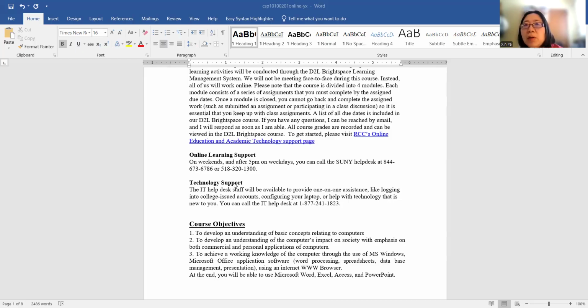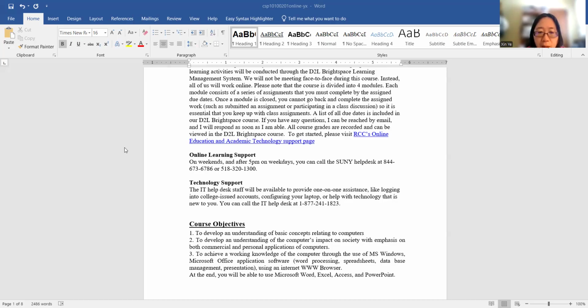After you borrow the laptop from school, you probably need to install software. So you have to contact the IT department to install software. Now you can download Microsoft 365 from the MyRCC portal. You need to go to the MyRCC portal, download it, and install it on your computer instead of using the online one. So please do not use the online version. You have to install it on the computer.